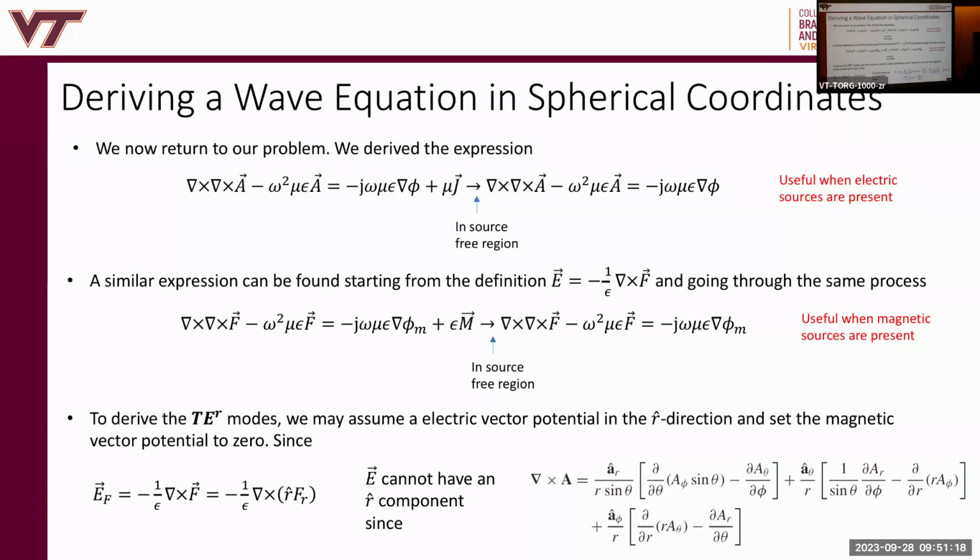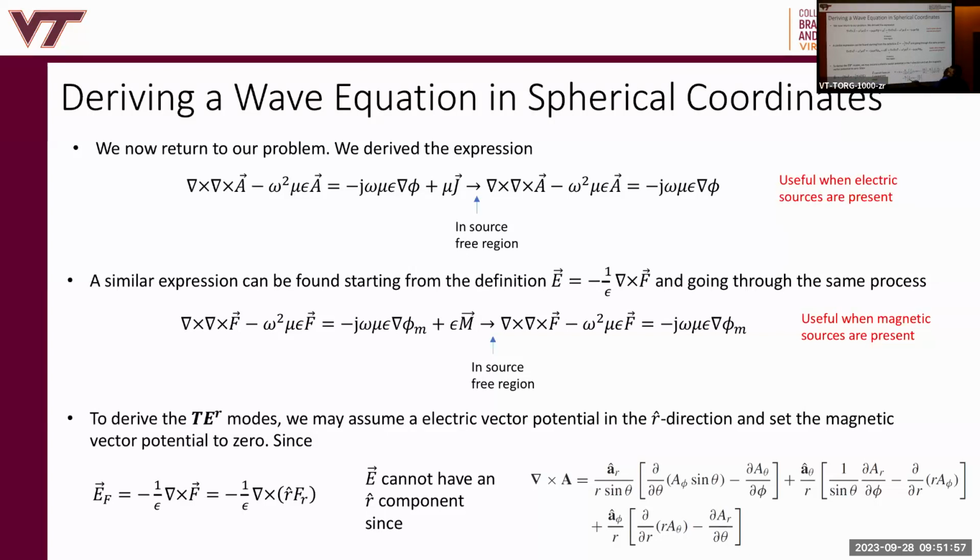All right? So this means that because E is related to the curl of R hat FR, the electric field cannot have an R component. Whenever you take the curl of some vector, then you're trying to find the axis. So the curl of this vector is the electric field, right? So the electric field is an axis of which F circulates about, right? So because of that relationship, if you have an R hat component and you take the curl of it, then this will always be orthogonal to that.